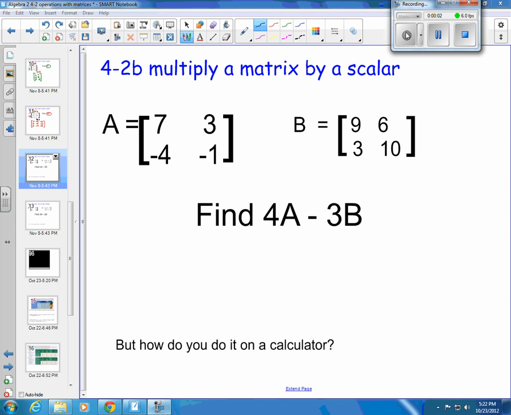Algebra 2, this is Chapter 4, Section 2. This is the 5th video in this series. We are going to do multiple operations on our matrices. So in this case, we're going to take 4 times matrix A minus 3 times matrix B and figure out